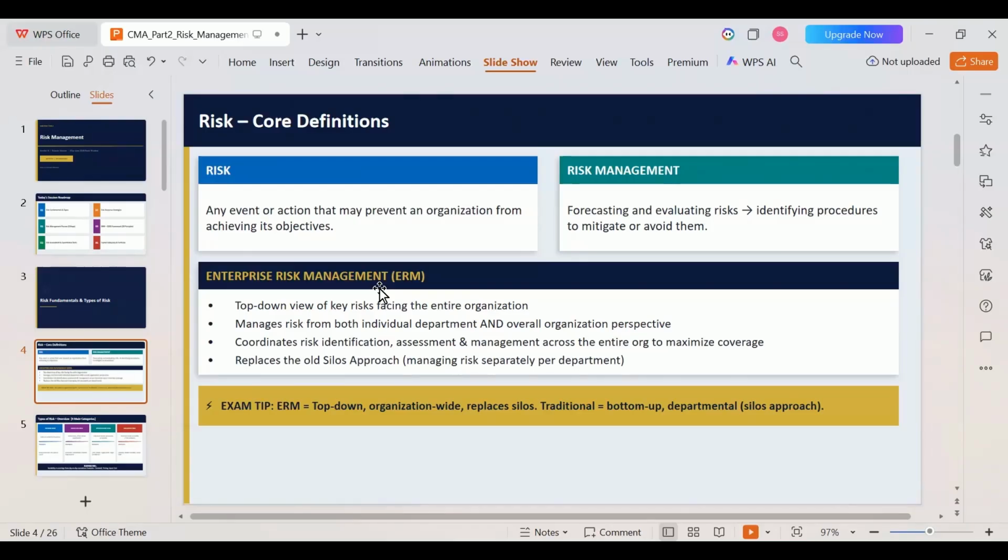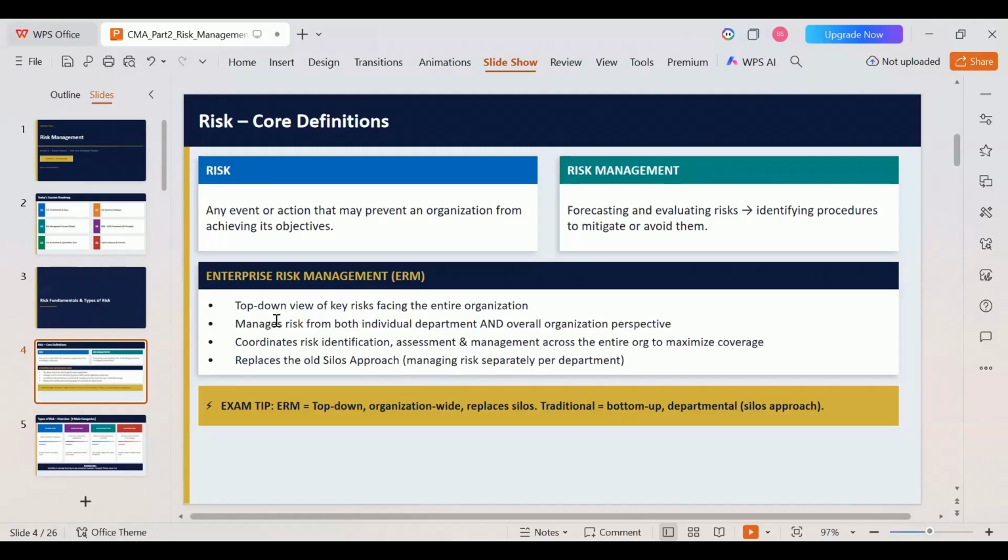Here they follow a top-down approach. Top-down means the highest prioritized risks, that is strategic risks, will be solved first. Then we move on to the lowest risks of the organization. Then how do we manage the risk? Not from an individual department's perspective alone. All the risks are interdependent on each other. So here we combine the individual department perspective and the organization's perspective in evaluating risks. That is called building a portfolio of risks.